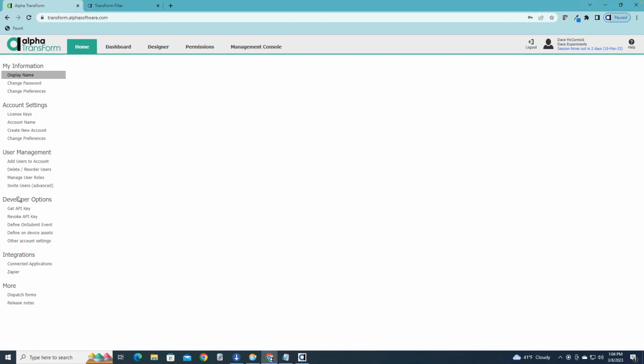The Home tab you could really think of as a Settings tab, and in future incarnations, it's actually going to be renamed to Settings. But this is where you put in the name of your account. You can change your password. You can invite other people to use your account, and you can give them different roles so that they have different permissions and are able to access and do different things in the system. And it's also where you can get things like the API keys that you use for talking to Alpha Anywhere